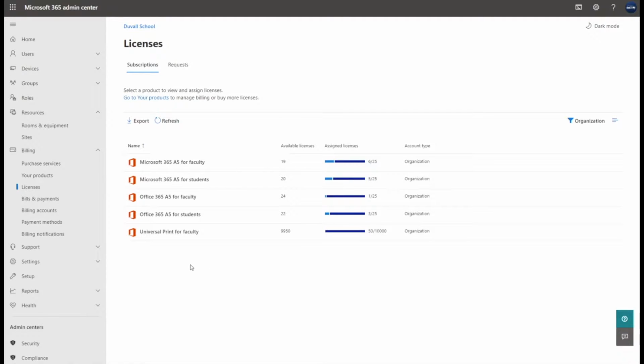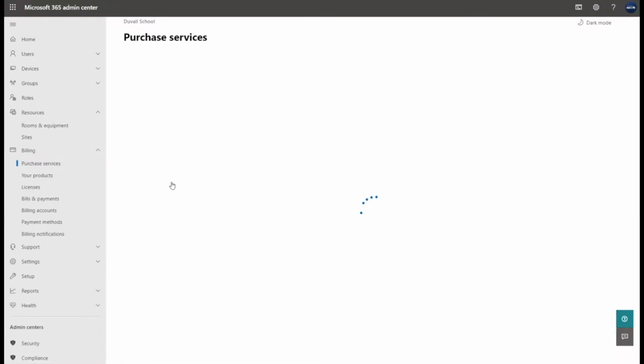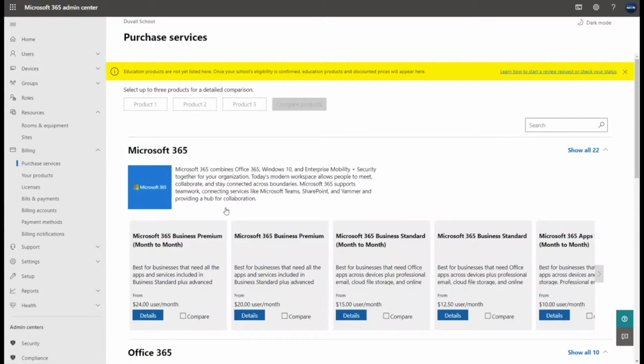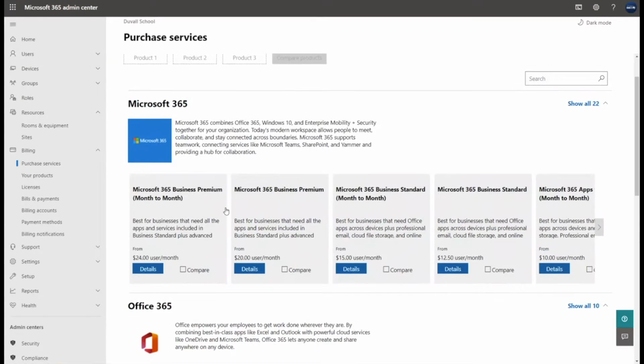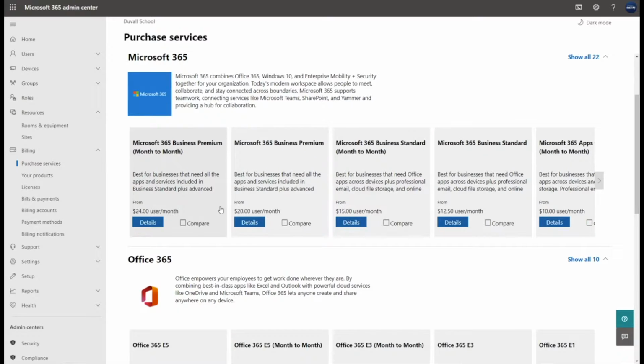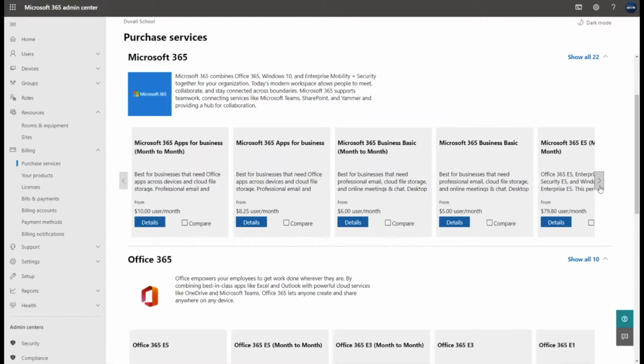If you ever want to start a trial, you simply come up to purchase services, and in here there is pretty much every service within Microsoft 365 that you could start a trial for. The next level tier that we often see customers go to if they have A1 is